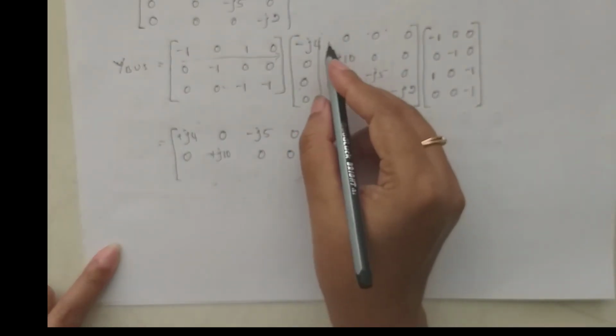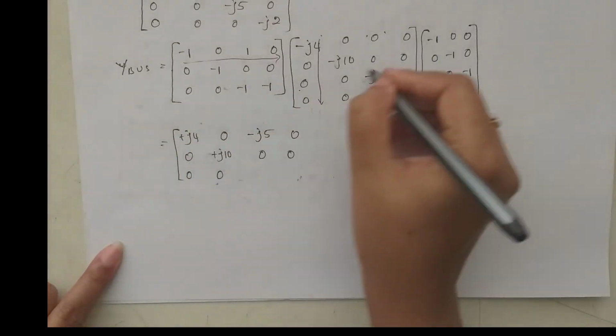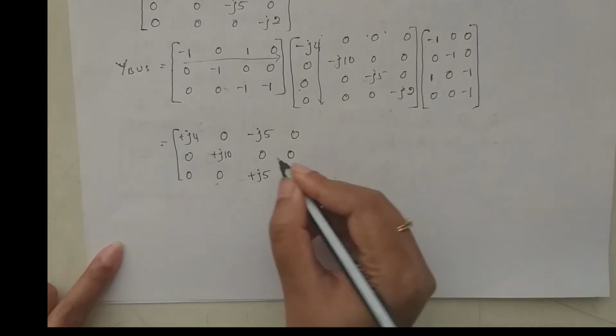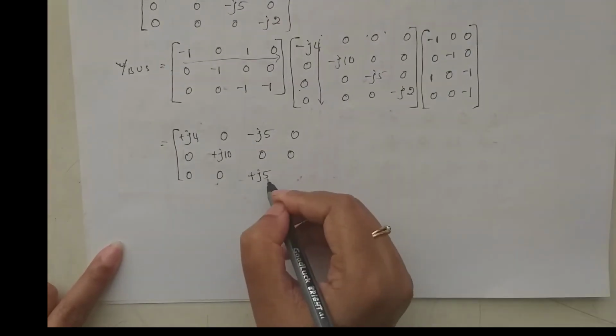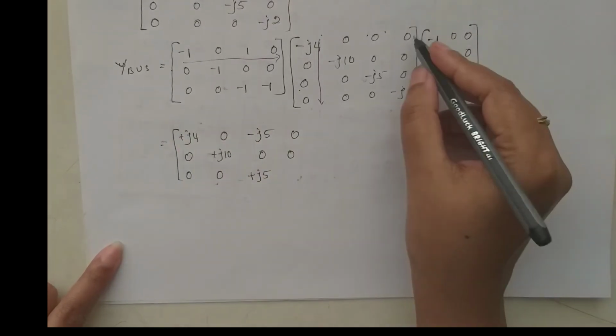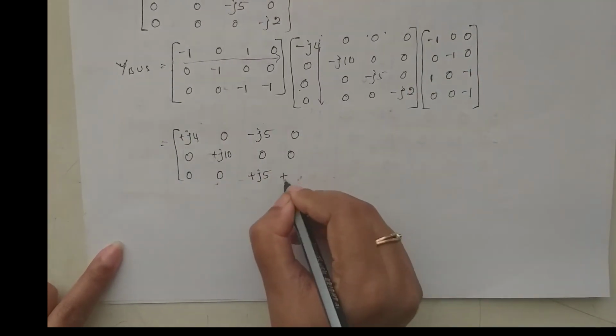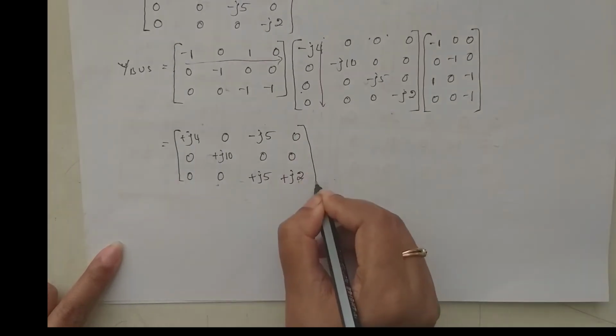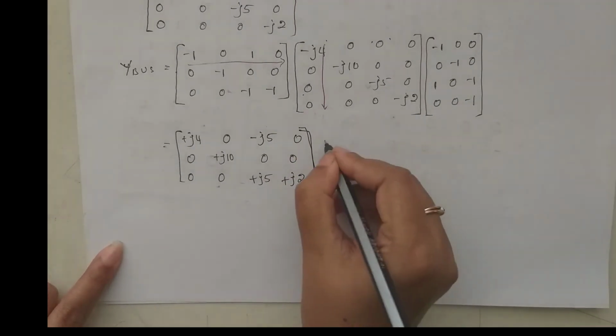Last row with the first column it is 0, with the second column it is 0. Last row with the third column it is plus j5 added with 0, so it would be plus j5. Last row with the last column it is plus j2, into